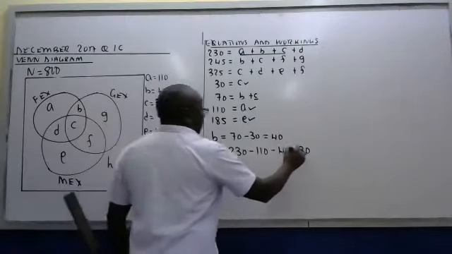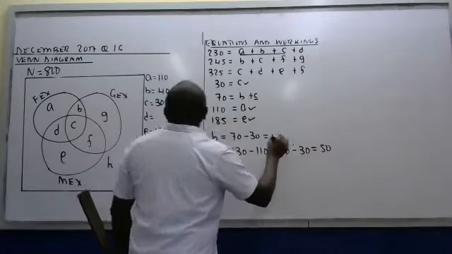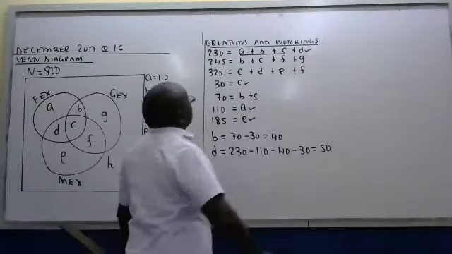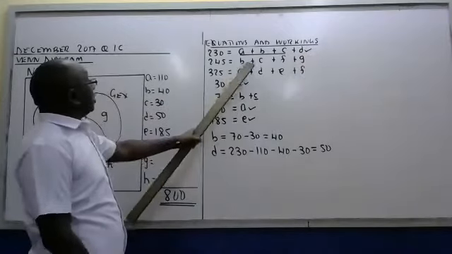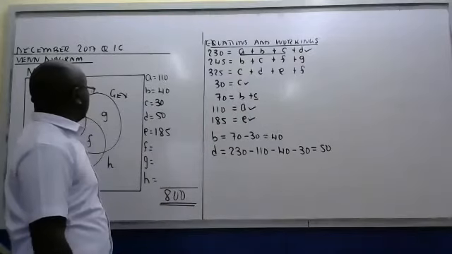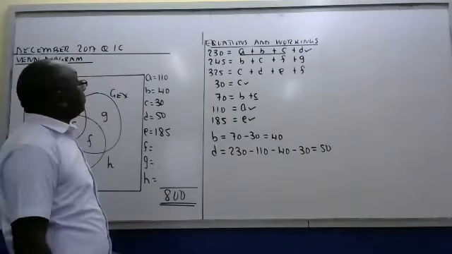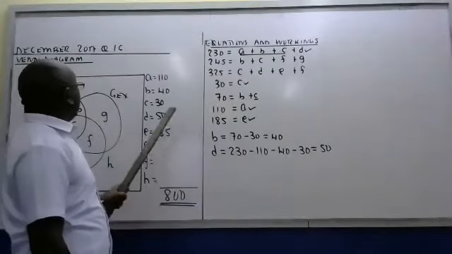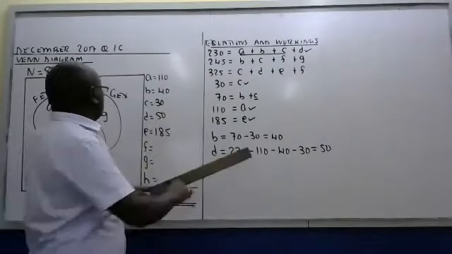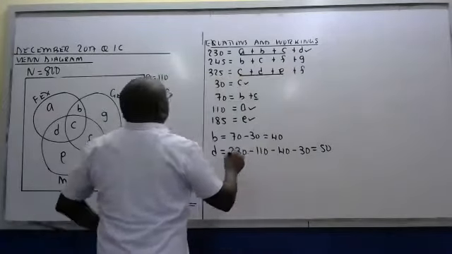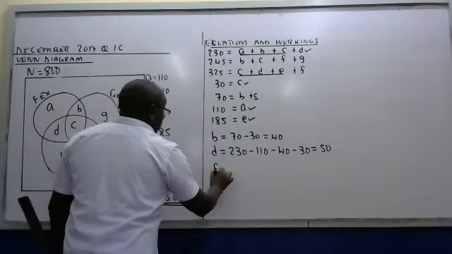So D is 50. So this one has assisted. Then when I come to the second one, I know BC, but F and G not yet known. This other one, I know C, D, and E. So I can comfortably tell my F. So F should be